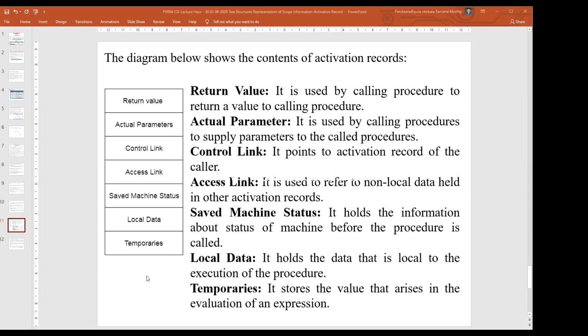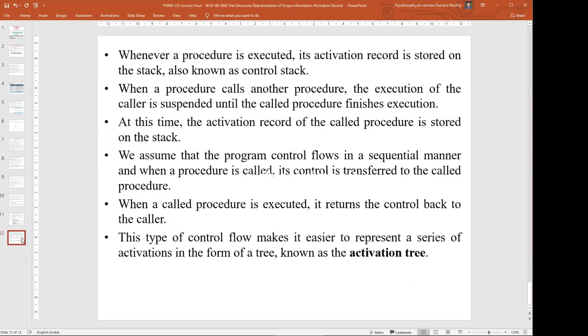Before concluding this topic, a few more points with reference to the activation record and the scope of these variables. Whenever a procedure is executed, its activation record is stored on the stack, also called the control stack.